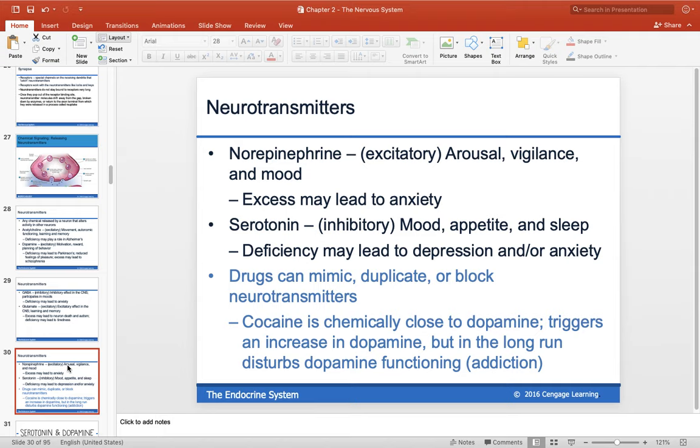But then that's where you feel the cravings, and then you have to go and get a higher dose of the cocaine to feel that same rush. So essentially, your body is being as economical as possible. If you're going to provide it artificially with the cocaine, why is it going to do all the work to produce it itself? So this is one of the things that happens with